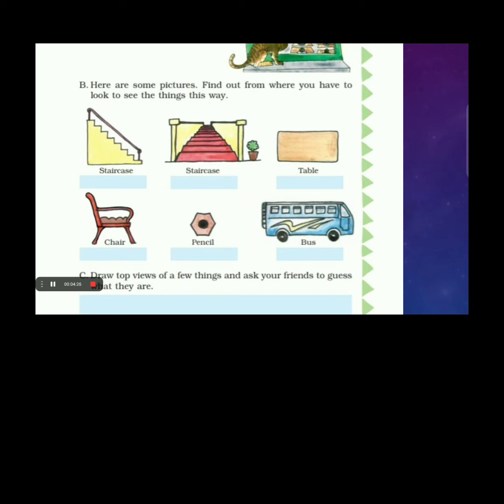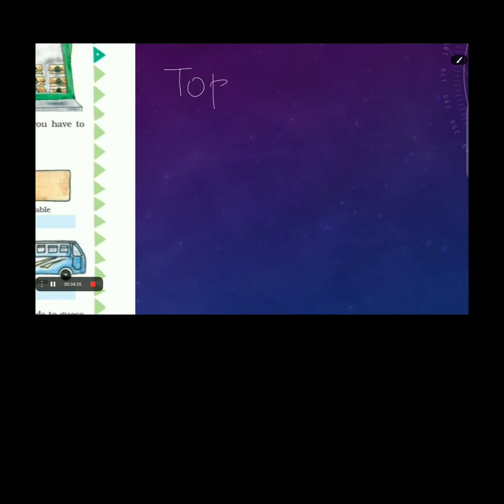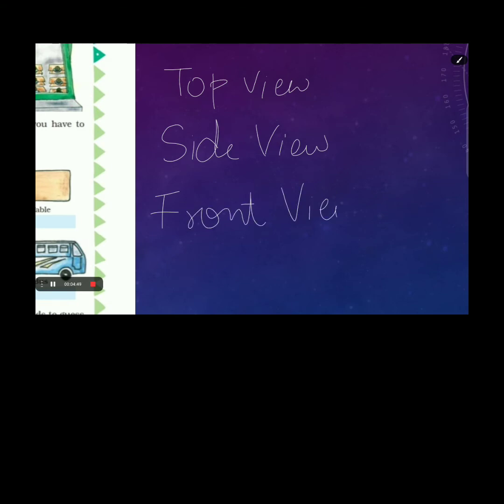Here are some pictures. Find out from where you have to look at these things. As I already told you, there are three views to see an object. Repeat it after me. Top view, side view, and the front view.